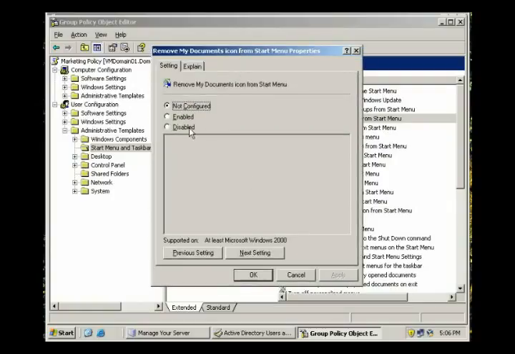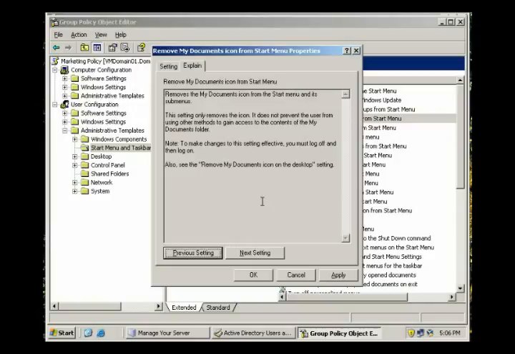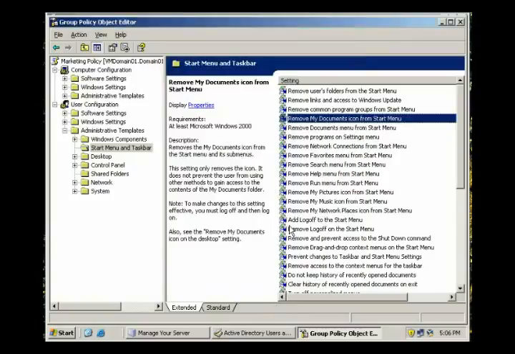It now says, what does it do? We're going to say not configured, enabled, or disabled. If we say enabled, it's going to remove it. So it's kind of funny to think of it that way, but it's a double negative. Enabling means that whenever they log in, they're not going to see My Documents. Not configured just means it's going to leave it alone. This is the explanation Bud is talking about under part 11, which just tells you what it does. It's just going to remove it. So that icon will not appear. We'll just say cancel,